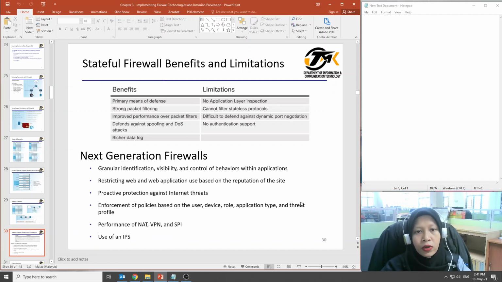Okay, but a stateful firewall is better than a packet filtering firewall. The packet filtering firewall is the most basic firewall, so this one is a little bit better. The limitation of the stateful firewall is that it also doesn't support authentication. So for the next generation firewall, they should have identification, visibility and control of the